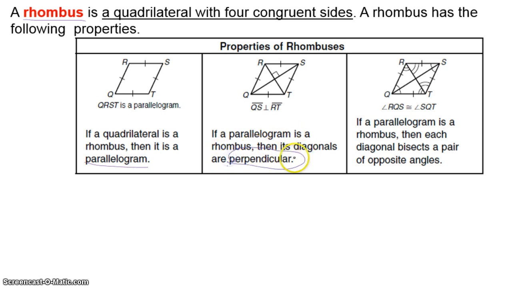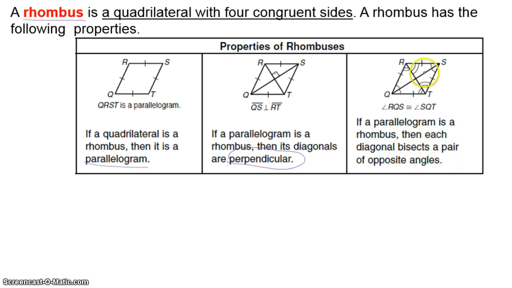Again, what does perpendicular mean? Remember, perpendicular means they hit at a 90-degree angle. So look up here. There it is. So all four of these angles in here are going to be 90 degrees. There's your perpendicular. And our last property: if a parallelogram is a rhombus, then each diagonal bisects a pair of